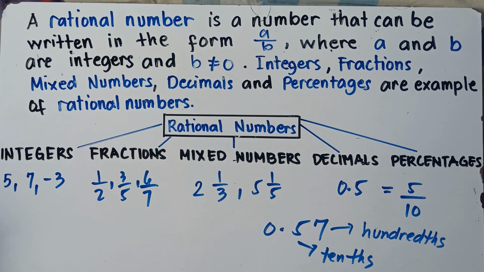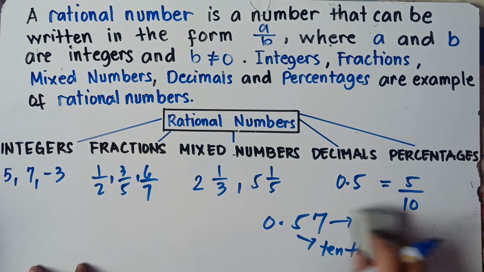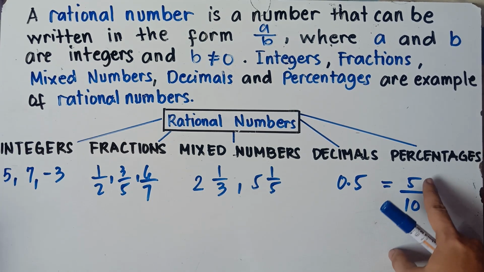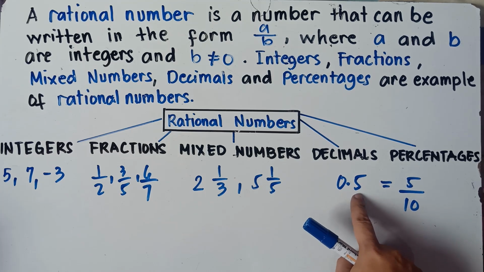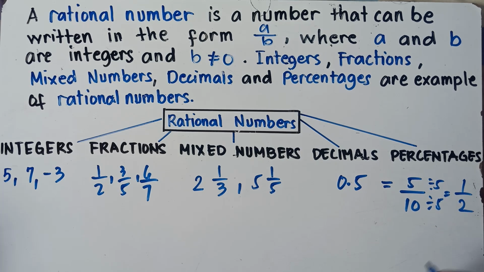So therefore, once again, this is tenths for the place value of decimal. Hundredths, next will be thousandths. So to write this decimal into fractional form, that would be 5 over 10, right? 5, then the place value is tenths, so that would be 5 over 10. You can divide this by 5. Reduce. This is 1/2. Therefore, class, decimal is called rational numbers because we can convert decimal into fraction.